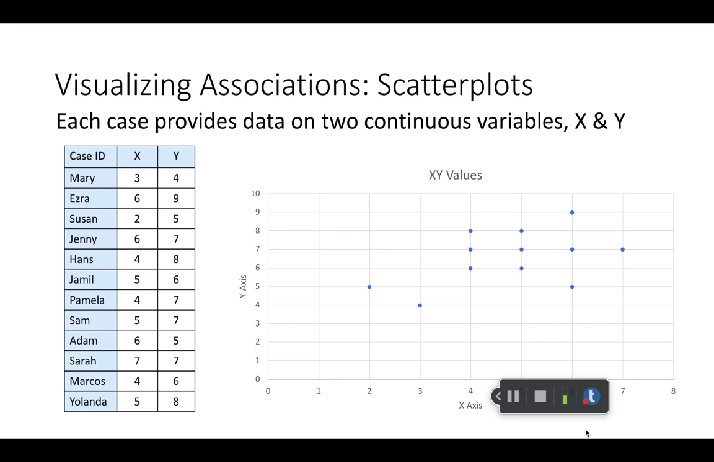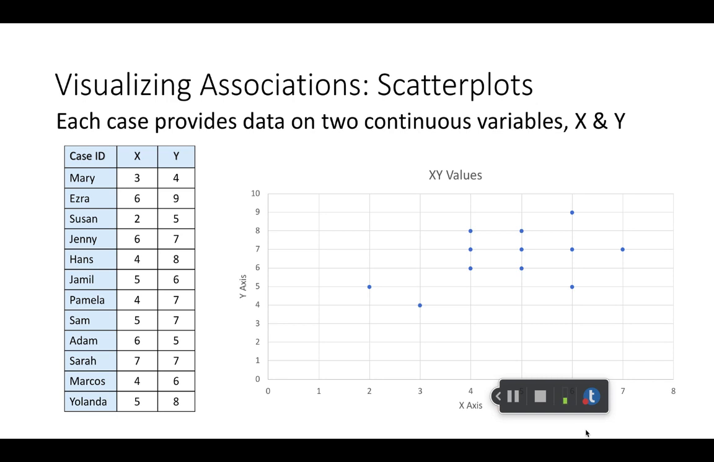We can visualize associations between continuous variables or interval level variables using scatter plots. So here on the left, you see a data sheet in which each case, identified by first name, provides data on two continuous or interval level variables, x and y. And the scatter plot, the grid on the right, shows you each case as a data point, and we have